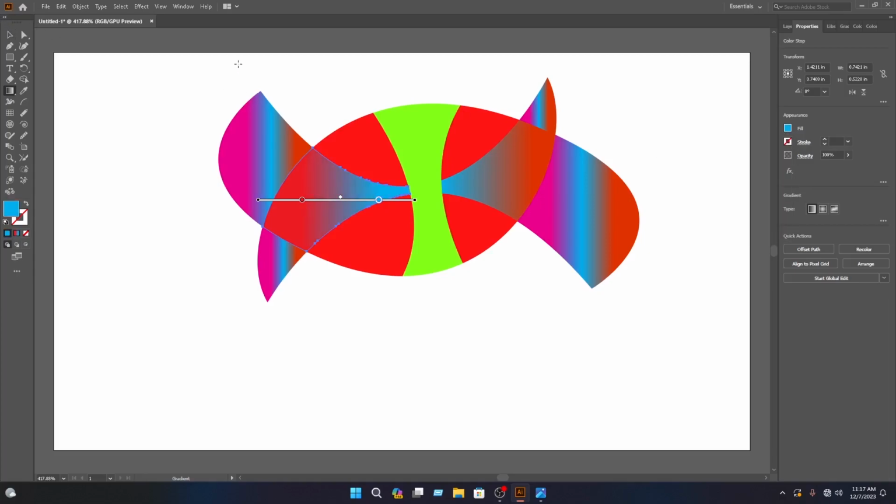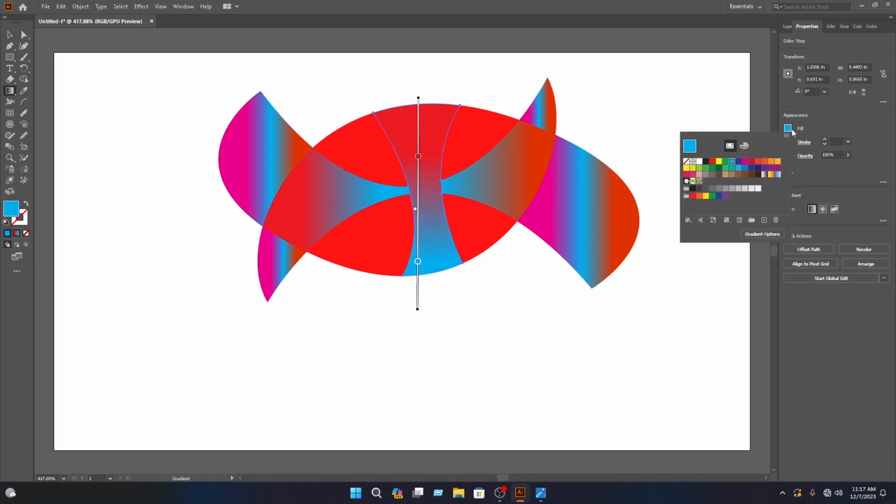tool, then you have to select this layer, then select the gradient tool, then click on here, then you have to rotate this, then select this and drag this in here, then increase the size of this, then select this and click on the fill, then select this color, then you have to select this, then click on the fill again, then select this color, then you have to click on here, then click on the fill again, then select this color,